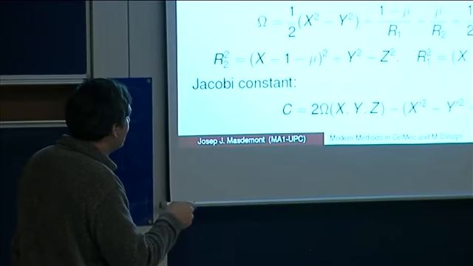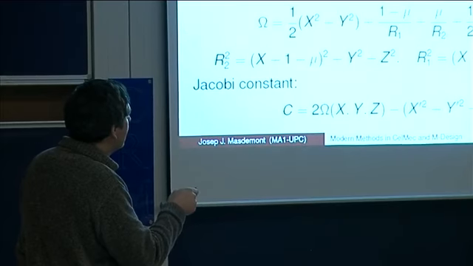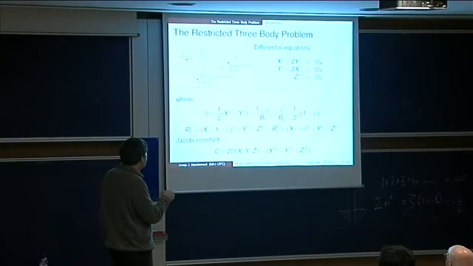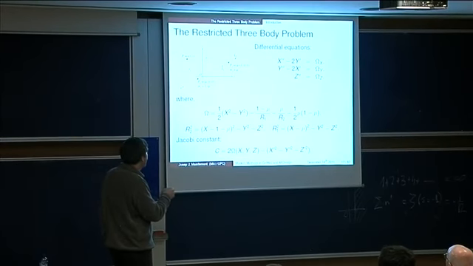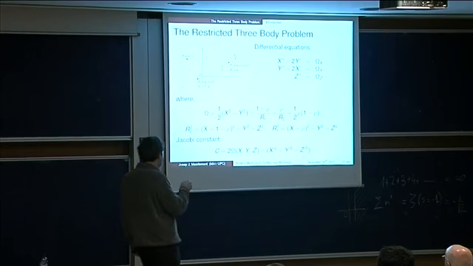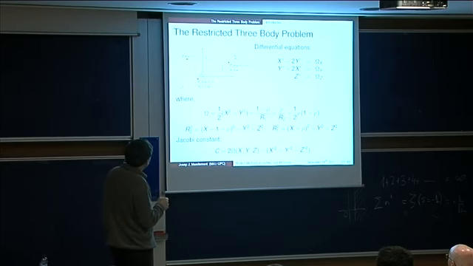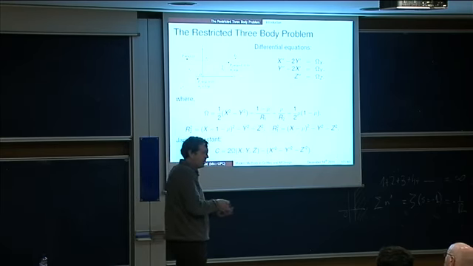Okay, the equations of motion are these ones, where these terms account for the Coriolis forces, and here Omega, these are the partial derivatives of Omega, which is the effective potential. We consider the centrifugal potential plus the gravitational potential. Okay. It's interesting to say that these equations have a first integral. It is the Jacobi constant, which we define in this way. This is a function of positions and velocities that is preserved on the trajectories